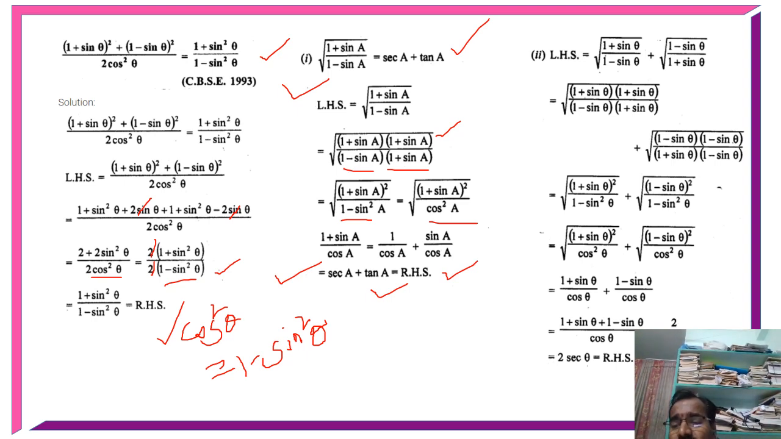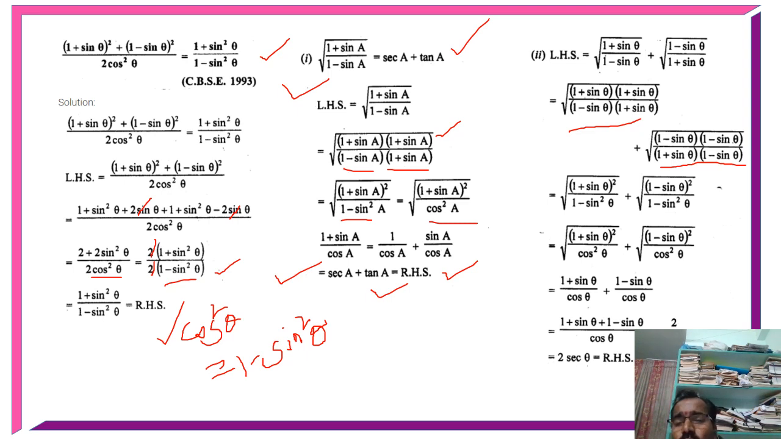Here also, students, a similar model. Here it is given LHS: root over (1 + sin θ)/(1 − sin θ) plus root over (1 − sin θ)/(1 + sin θ). Just now I said if the denominator is in the form of a + b, a − b is the rationalizing factor. If it is a − b, a + b is the rationalizing factor. Here, by rationalizing the denominator,